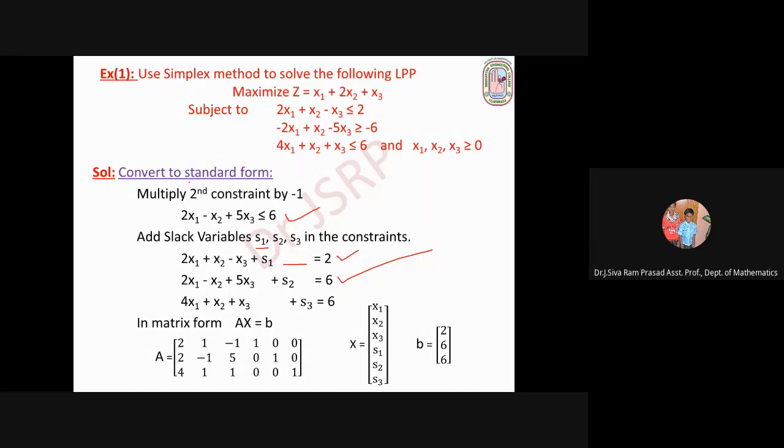Okay. So this is the first step. Convert the problem into standard form. So what is the third characteristic of standard form? All variables should be non-negative. So here in the problem given, all are greater than or equal to 0. Okay. So the third characteristic is already satisfied. So in the standard form, the first and third characteristics are the same. Objective function is maximization, and all variables are greater than or equal to 0. Okay. So here we made the second characteristic, that is all inequalities are converted to equalities. Okay. So this is the first step.